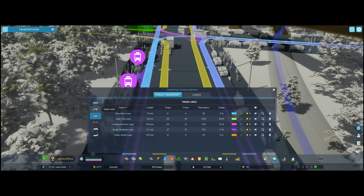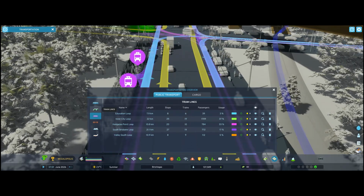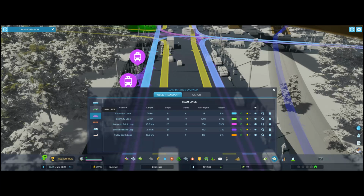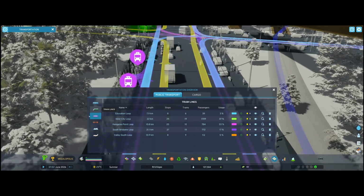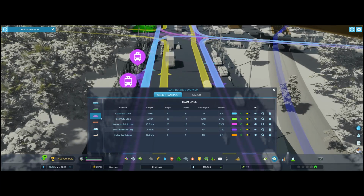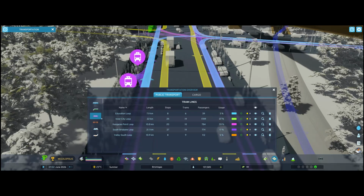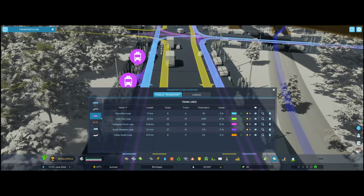And some of the performance issues I'm having, I think, very much relate to the sheer amount of people that are waiting at these stops. You can see the game grind to a halt when it's dealing with these people. So I think that was pretty obvious in the first episode of Trambience. But anyway, I think the next reason